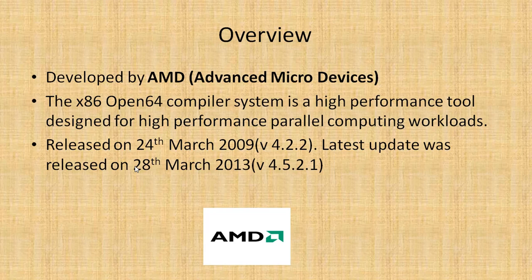This was first released in 2009 and a subsequent later version was released in 2013. This Open64 was first released in 2002, but it was developed by AMD and optimized better, first released in 2009. So this Open64 compiler offers a high level of advanced optimization, multi-threading and processor support that includes global optimization, vectorization, code generation, and which extracts the optimal performance from each x86 microprocessor core.